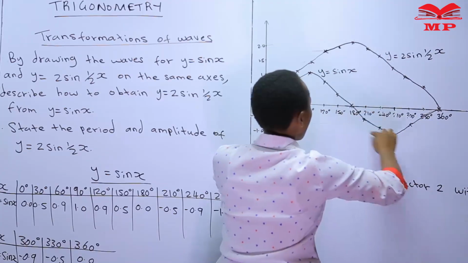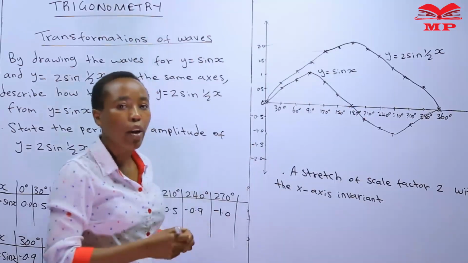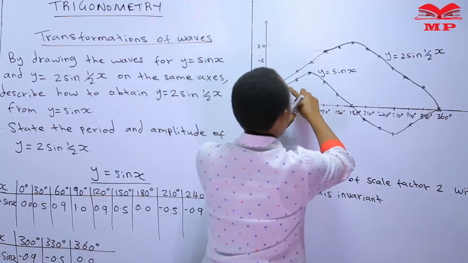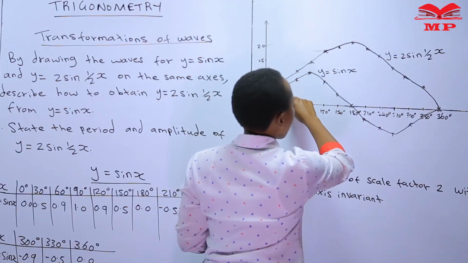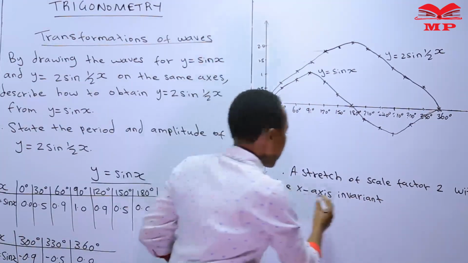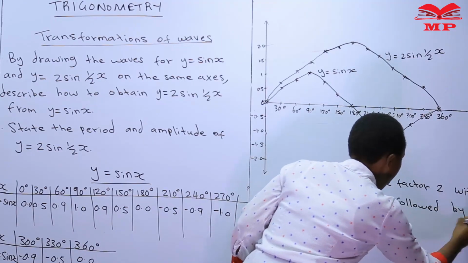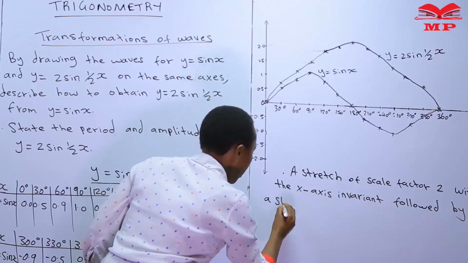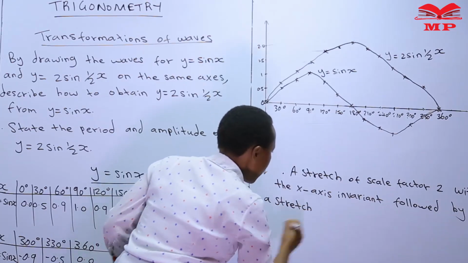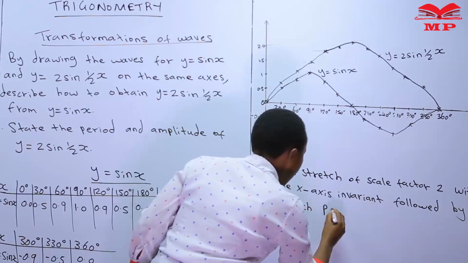So this is a complete oscillation, but this is half of the oscillation. So we can also say we have another stretch, in this case with the y-axis invariant, followed by another stretch, in this case parallel to the x-axis,